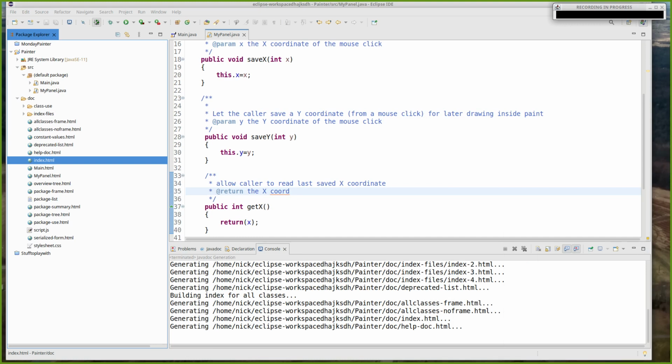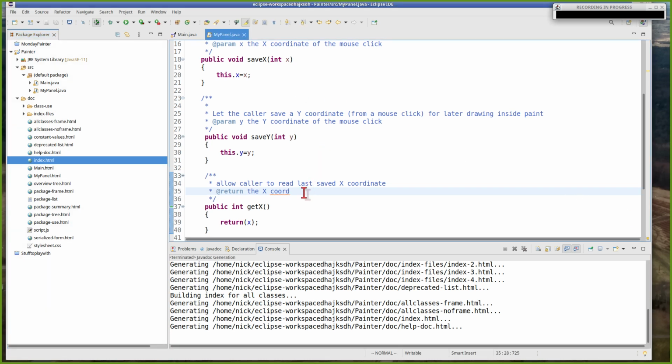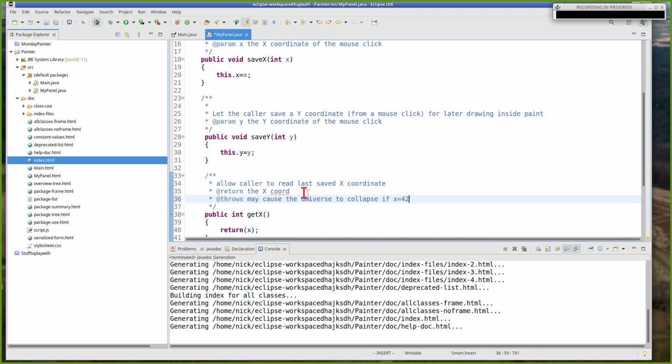If you've gotten in the habit of, when you write programming assignments, putting a comment block in front of each method, talking about what it does, what the arguments are, what the return value is, what the side effects are, right? You can keep doing that. Just start it with a /**, use these tags inside, and you can say other things like @throws may cause the universe to collapse if x equals 42. And now if I regenerate my JavaDoc,